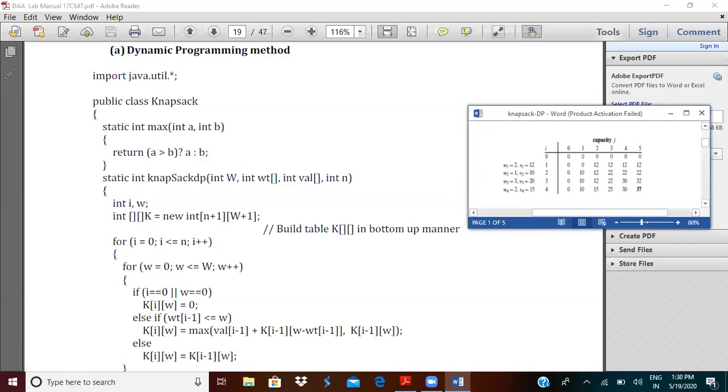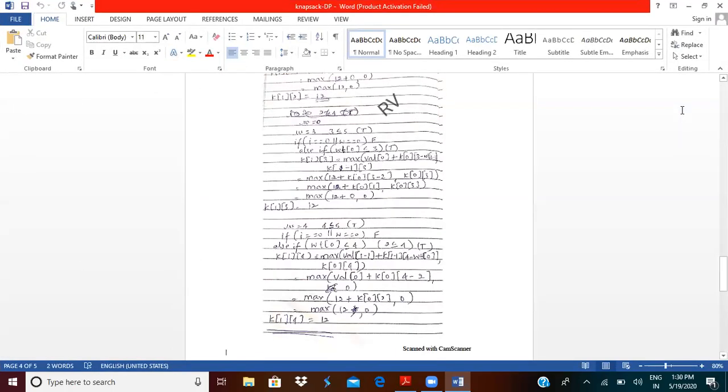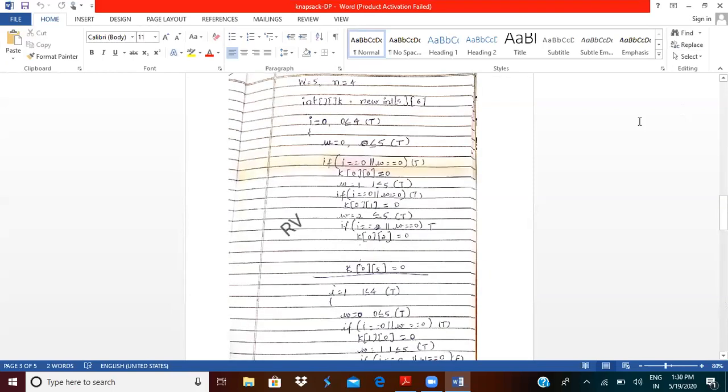If you see the computation here, it would be really easy for you guys to understand. You can see here, 0 less than 5, true. So true. K of 0, 0 is 0. Next, K of 0, 1 is 0. K of 0, 2 is 0. Ultimately, if we compute all the values, K of 0, 3 is equal to 0, K of 0, 4 is equal to 0, and K of 0, 5 would be equal to 0.